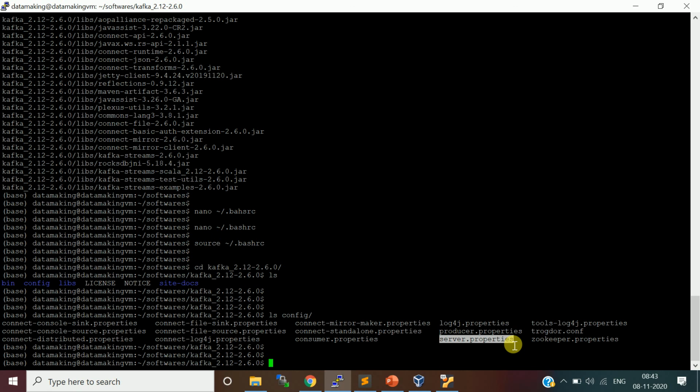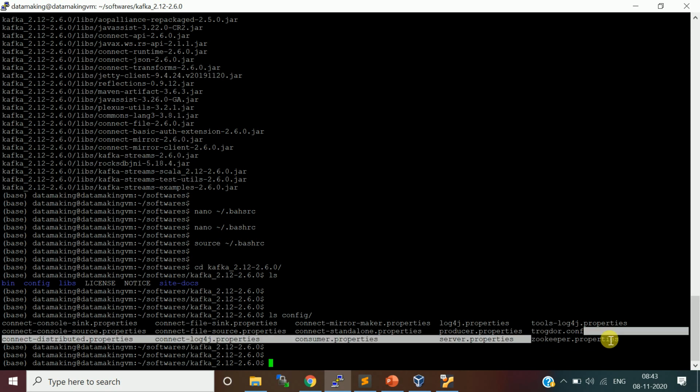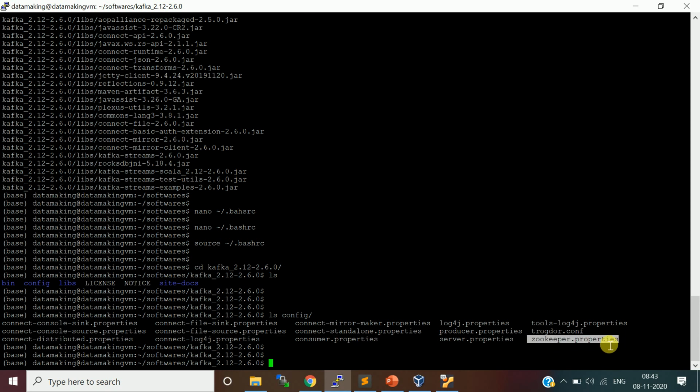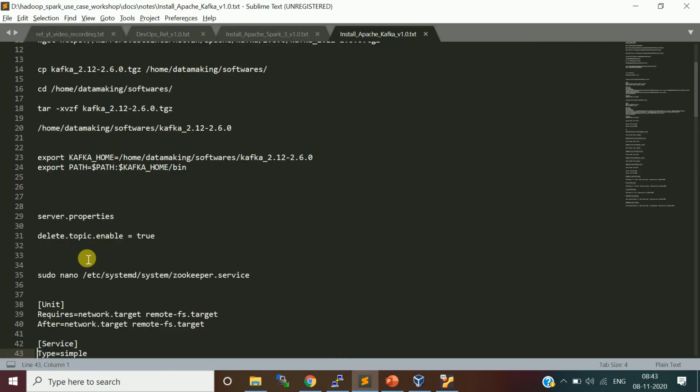Between the producer, the one publishing a message, and the consumer, the one who consumes the message, there is a lot of communication happening. To communicate properly and coordinate, the ZooKeeper service is used. The related configurations are maintained in zookeeper.properties, and server.properties is for the Kafka server or broker. By default, deletion of a Kafka topic is not allowed.